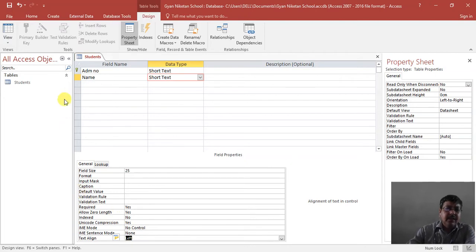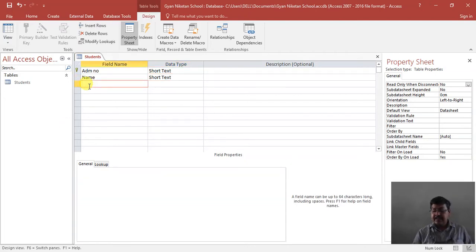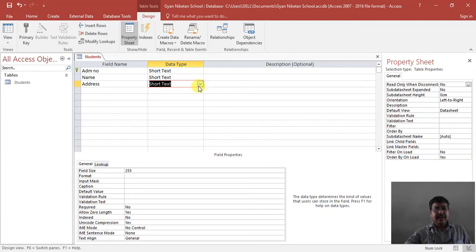Next field is address. In the address field you can again select short text, and the address field contains up to 50 characters. In address, required is no. I have not applied any validation.